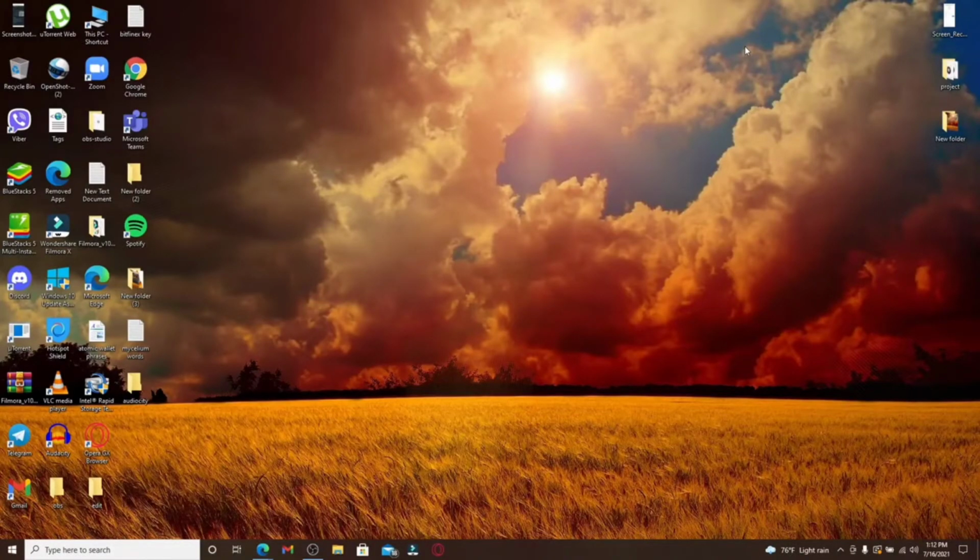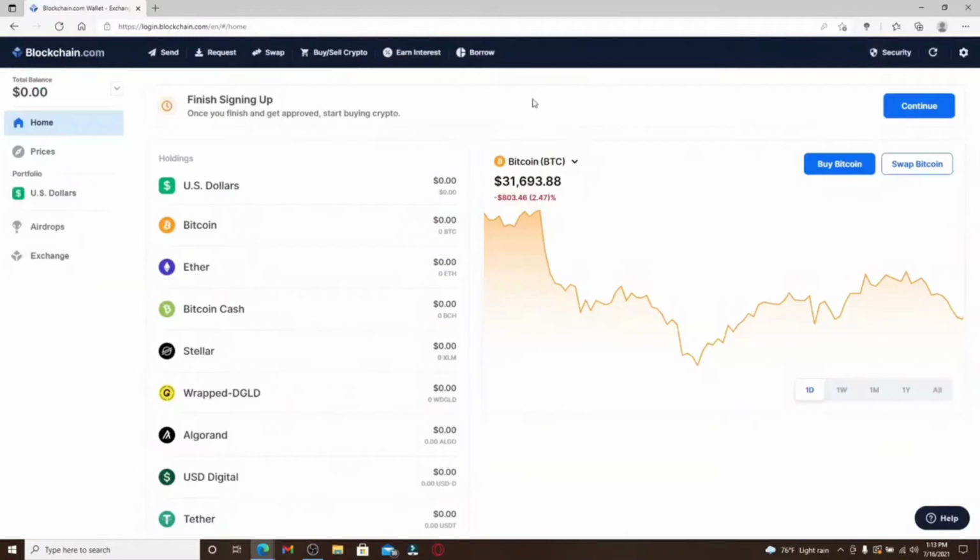In today's video, I'm going to show you how to add money to your blockchain wallet. Start by opening a web browser and log into your blockchain wallet account. Now, to request and add funds to your blockchain wallet, click on the request button at the top